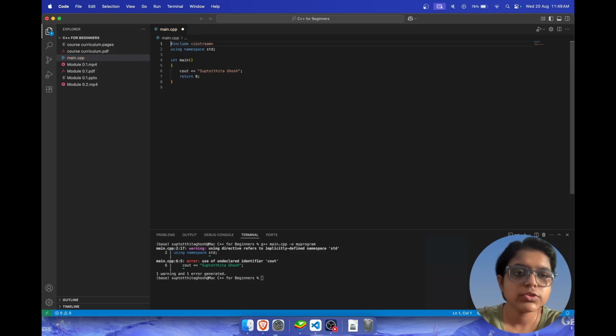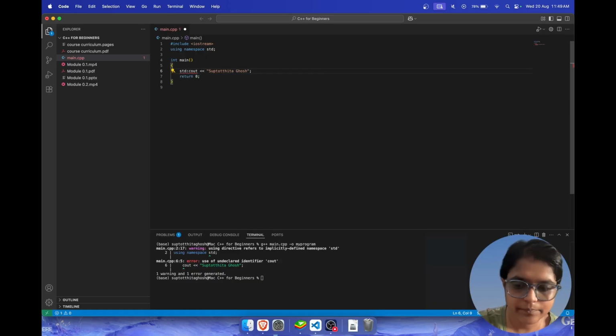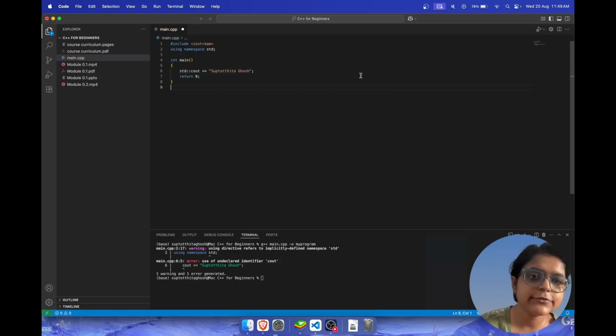Okay. So next we have using namespace. In C++, the features are grouped inside namespaces, like folders. So this line lets you use cout and cin directly. In case you did not write this line, you would have to write something like this. This would have been the command if you did not include using namespace std.